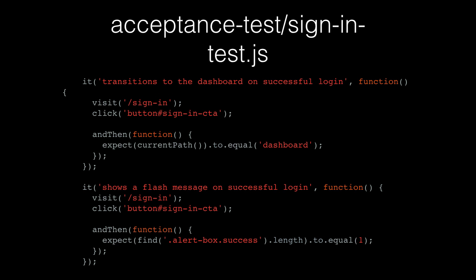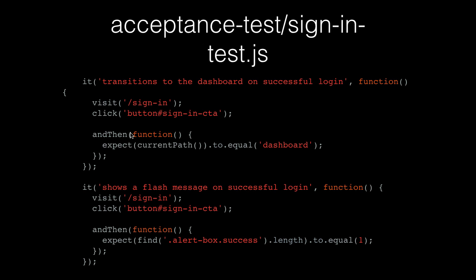So you'll notice a little bit different syntax here in the acceptance. Ember test helpers provide things like visit and click. As I mentioned, an acceptance test is what your user is going to do. They're going to be interacting with the website. They're visiting a page and they're clicking something or they're filling in an input. This is sort of the place to test that. So I visit the sign-in page, I click the sign-in button, and notice I'm still using my ID here. And then I expect the current path, which is another Ember helper, so this will tell me my current route, to be